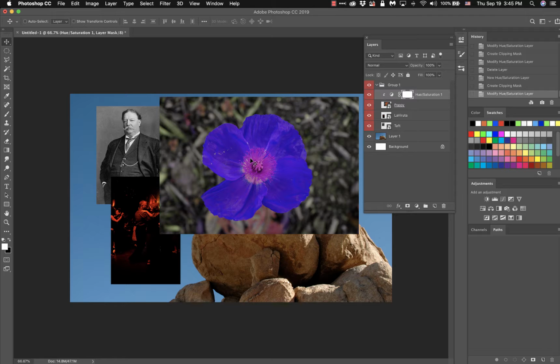And I'll get into masking in just a bit after this. So just know that you can use adjustment layers to change in a non-destructive way certain aspects of a smart object. Okay,